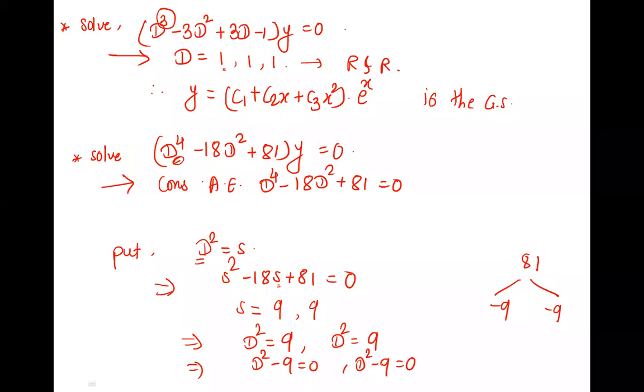Can we solve again on the calculator? Go to equation. Go to degree. What is the degree now? 2, its highest power. A is 1. B is 0. No D there means its coefficient is 0. And C is minus 9. So what are you getting? Solution 3 and minus 3. But what are we solving for now? Not s, now D.